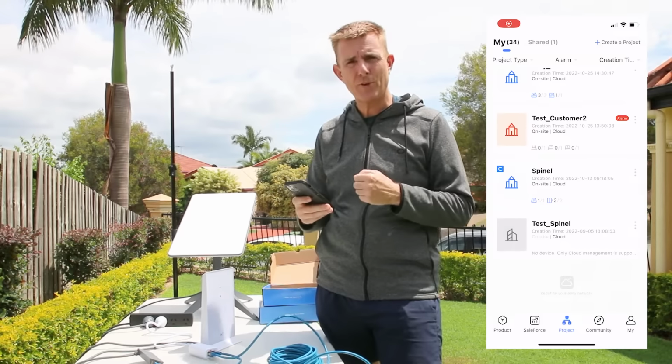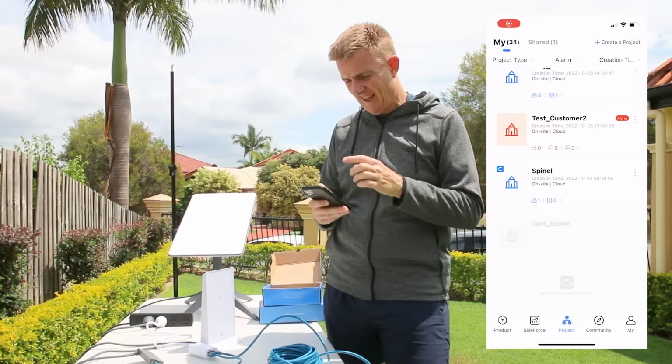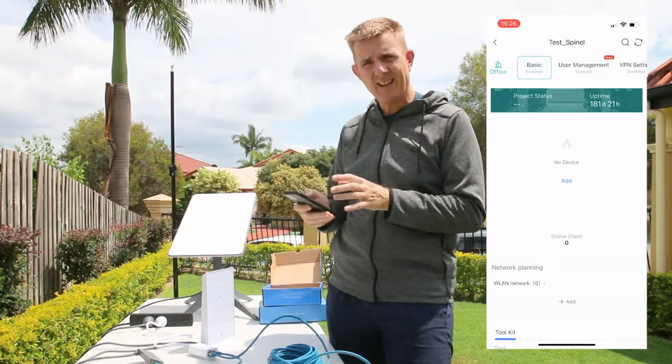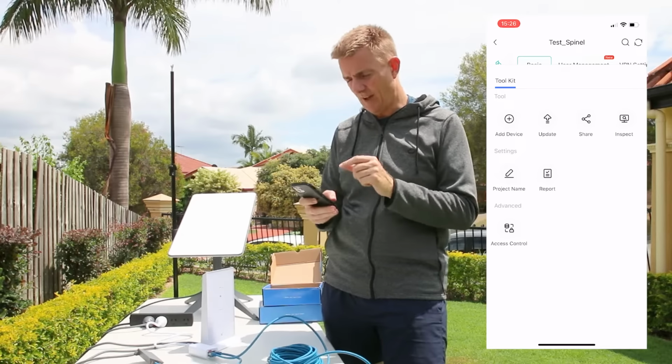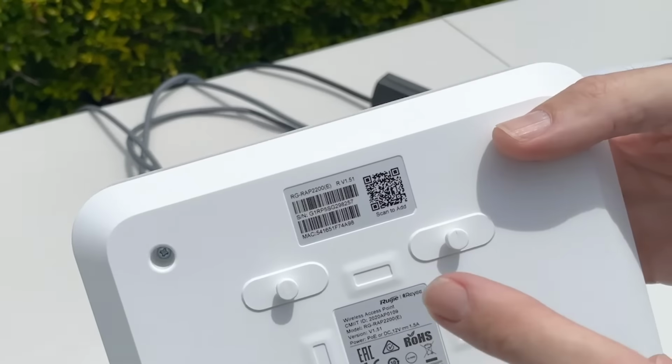Let me step you through the process. You're going to start the Ruijie app up and log in, and then go to your project. Once you're in your project, you can click down in the bottom left-hand corner on Tools, and then choose Add Device. Once you've chosen Add Device, what we're interested in is the barcode that's on the